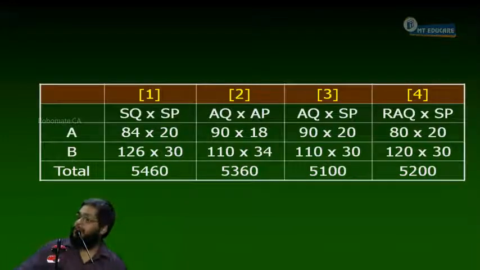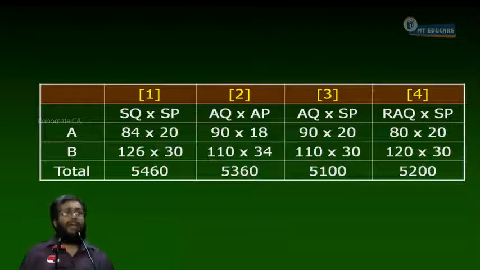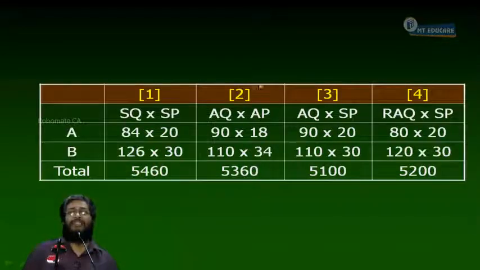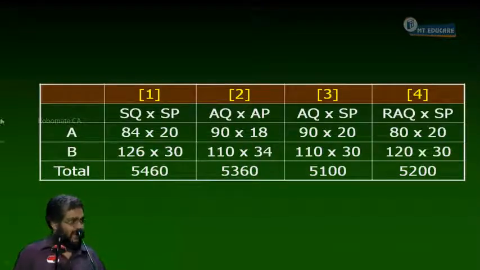Everybody understood or not? It may also be due to usage. I should have used 84 and 126, but I have used 90 and 110. Due to usage also it varies. So 1 minus 3 is the usage variance. The material cost varies due to price change or consumption change. Consumption change is already discussed in the previous sum. In this sum, we are going into more detail on how the usage has changed, which we subclassify into mix and yield variance.